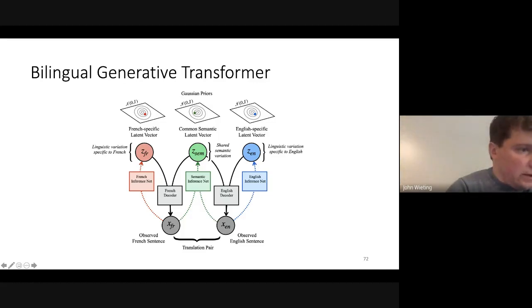What we were after here was essentially taking what is common between these views, and that would be our interlingual representation. As a result, we filter out the aspects of the views that are very specific to those views, i.e., information responsible for French variation or information responsible for English variation.